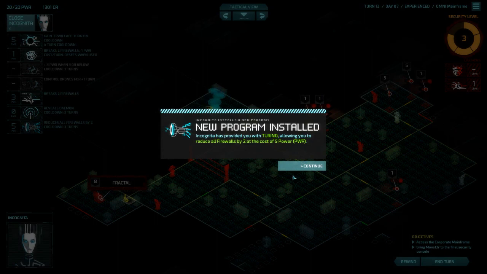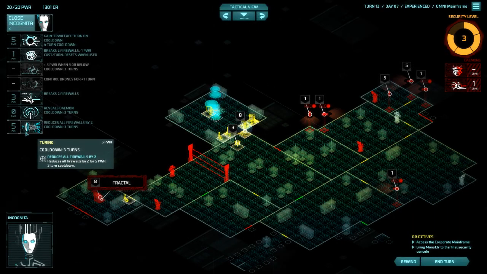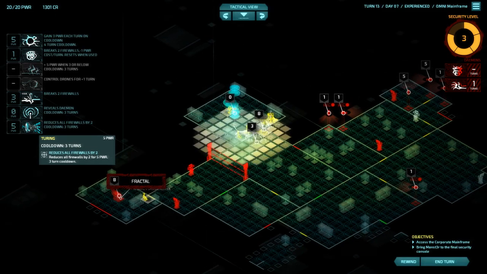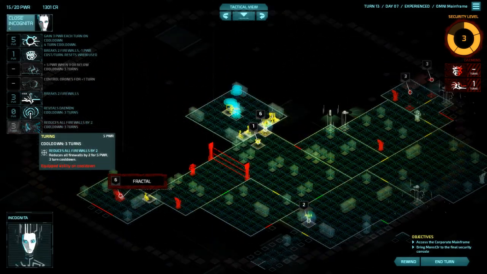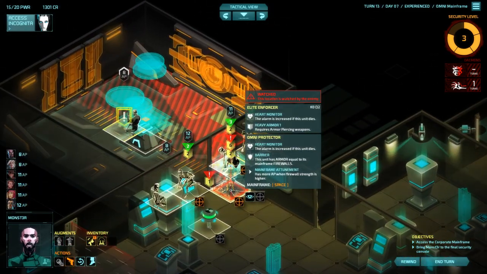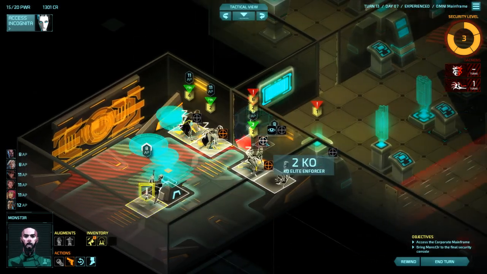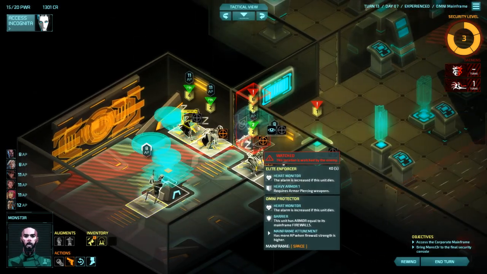Incognito has provided you with Turing, allowing you to reduce all firewalls by 2 at the cost of 5 power. Oh. Wait. Oh, all firewalls. Oh shit. Reduce all firewalls by 2. Sweet. Alright, that's cool. But I was kind of hoping that they would wander closer and get knocked out. But unfortunately, this guy's not going to be that easy, so...